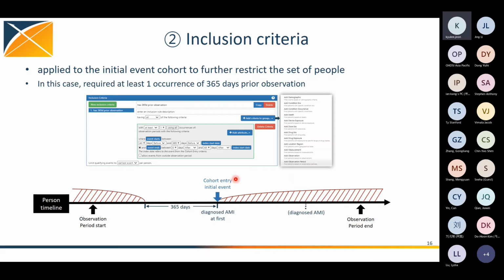At this time, the start and end of the observation period must be included in the period, like this. If there are patients whose observation period starts outside the criteria period, the patient is excluded as violating the inclusion criteria. That is, we created inclusion criteria that should be observed for 365 days before an entry event occurs.